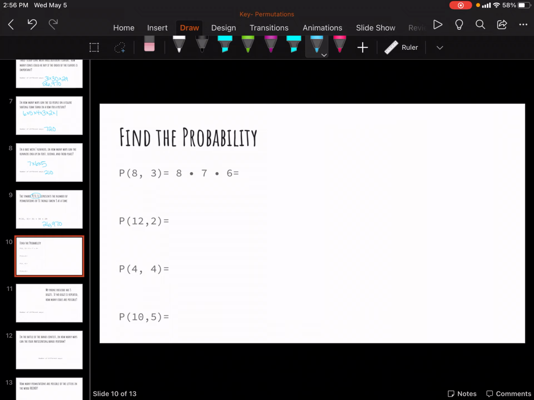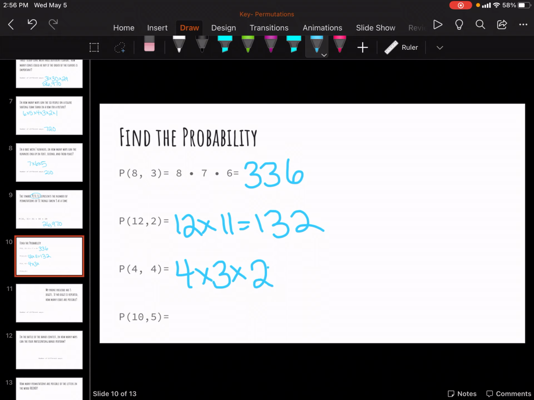So 8 permutation 3, the first 3 of 8. So 8 times 7 times 6 gets me 336. So 12, but just the first 2. So 12 times 11 is 132. So 4, all 4 options. So 4 times 3 times 2 times 1 gets me 24. 10, taking 5 different ones: 10 times 9 times 8 times 7 times 6,